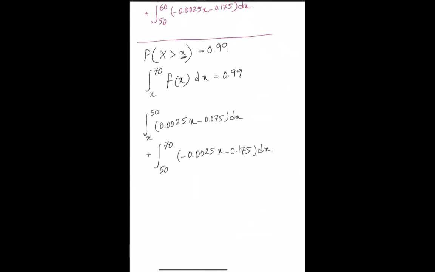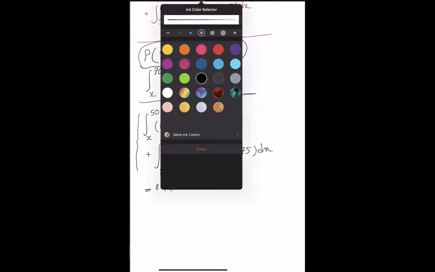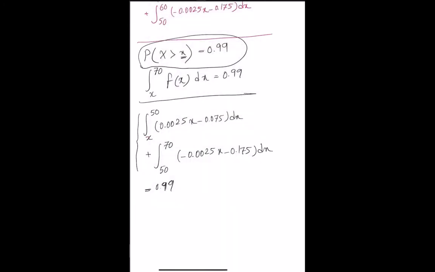If we calculate the value of these two integrals, so basically this is what we try to calculate, right? And this is the equivalent, and then I wrote this equation based on these two parts, and this equals 0.99, or it's supposed to equal 0.99. Our goal is to find the value of x such that when we calculate these two integrals and add them together, we get 0.99.